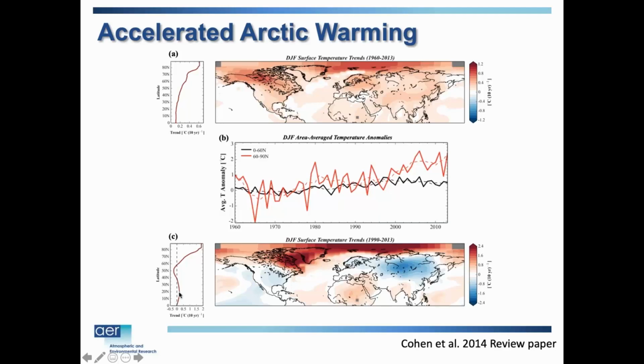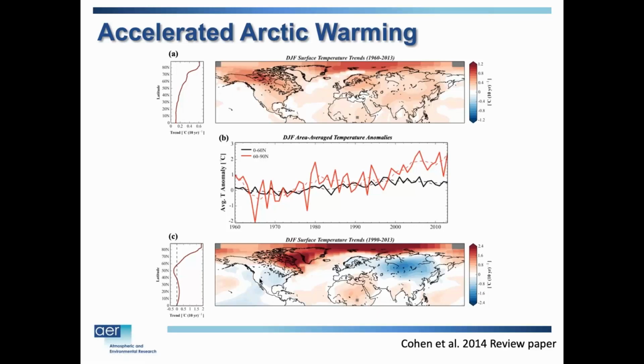If you look at the zonal mean, you get some slight warming in the low latitudes, in the tropics and subtropics. You get this accelerated warming in the Arctic, but now you actually have cooling trends in the mid-latitudes. And the question has been, I've tried to make the argument that these two are connected, that a lot of it is very contentious and up for debate.